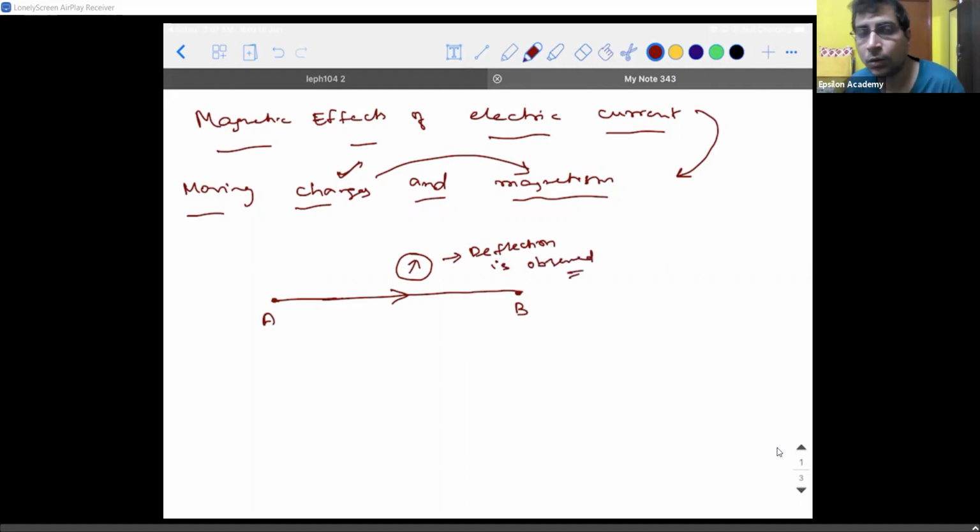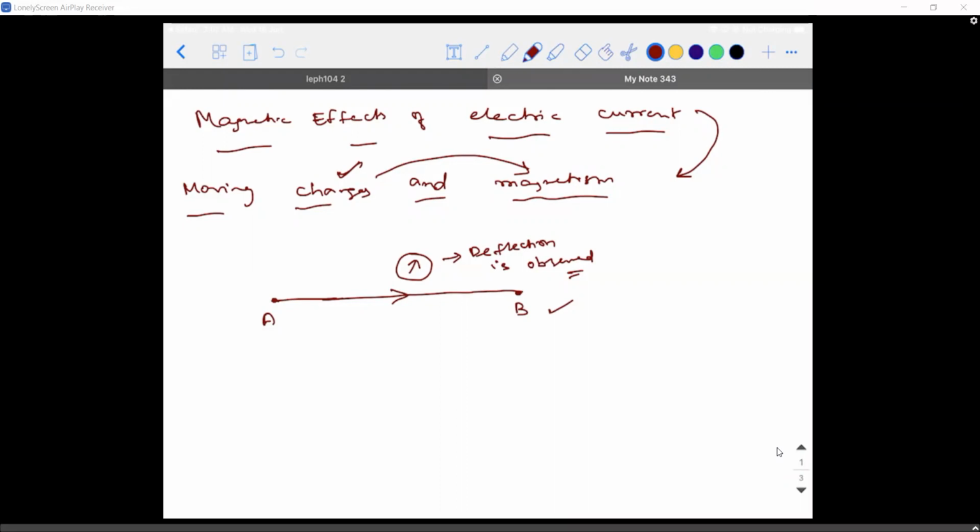When you have a current carrying conductor, when current is flowing through it, you can see that there is a small deflection taking place in the compass. So compass will be able to show a deflection under what scenario? Magnetic field is produced. So whenever there is a presence of magnetic field,